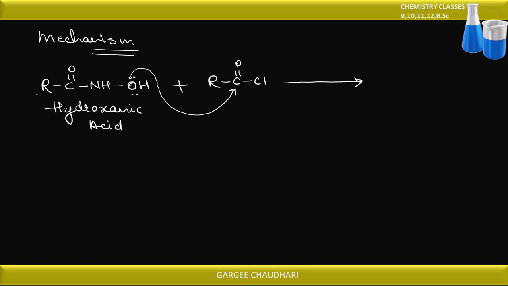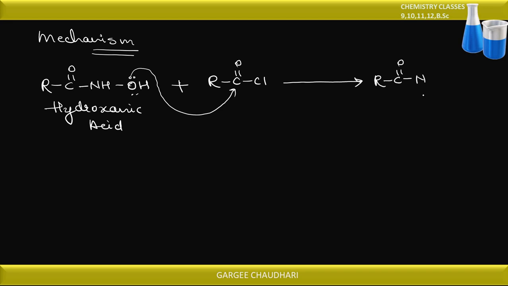But here you can see there is a presence of C double bond O, and the lone pair of the nitrogen is involved in the resonance, और इसीलिए न्यूक्लियोफिलिसिटी नाइट्रोजन की डिक्रीज हो जाती है, and the lone pair present on the oxygen is more available for donation, so it attacks on the electrophilic center of the carbon